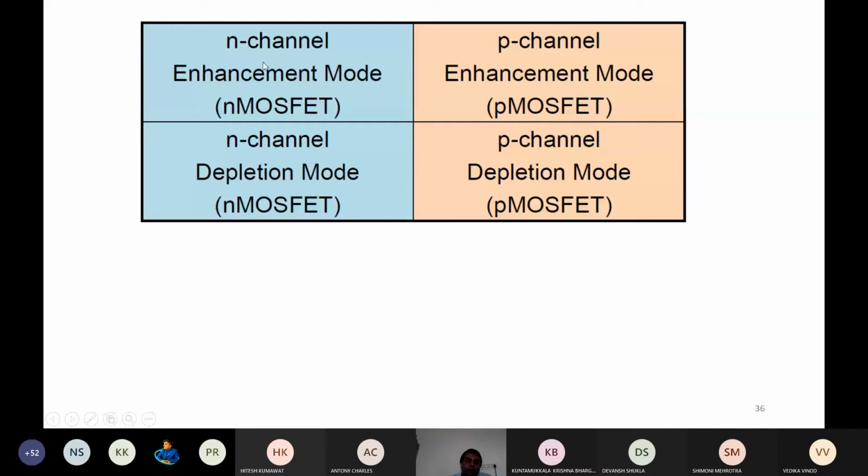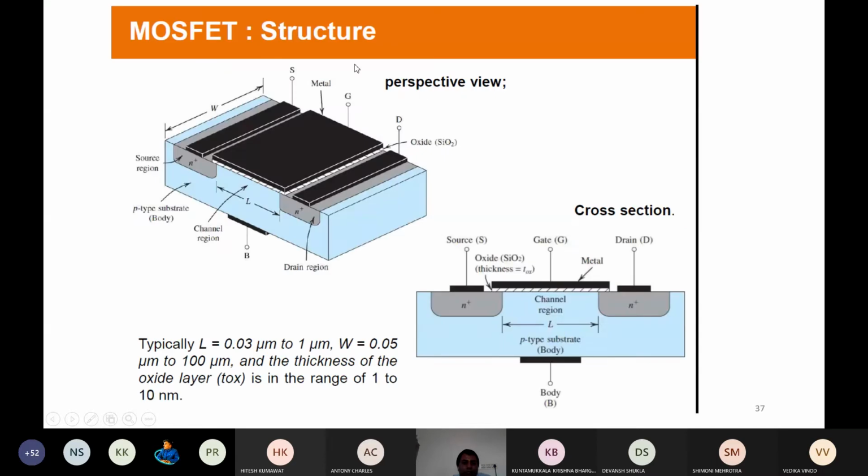And in short, in this quick review, we have seen the enhancement mode MOSFET, N channel and P channel. Also the depletion mode MOSFET we previously introduced. In depletion mode, some channel is already created by some implantation or some means during fabrication. But in enhancement mode MOSFET, it is created only by biasing of the gate. So those things we have seen, and this is the 3D picture of this MOSFET.